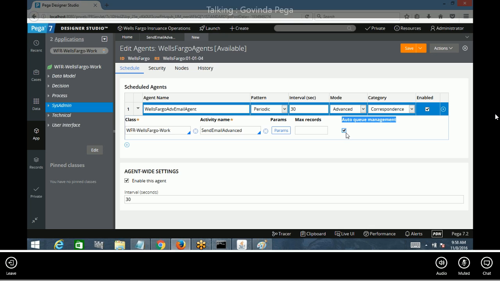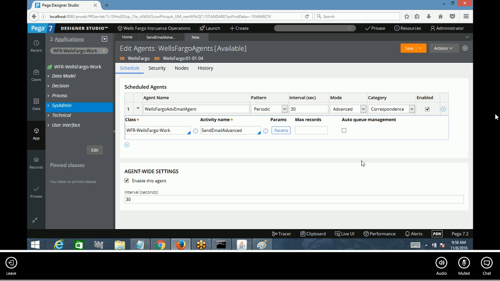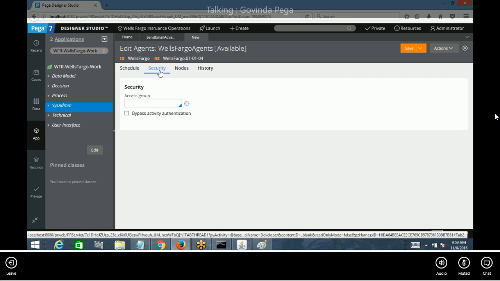So uncheck this, you must uncheck this checkbox. Uncheck this. Go to the security tab